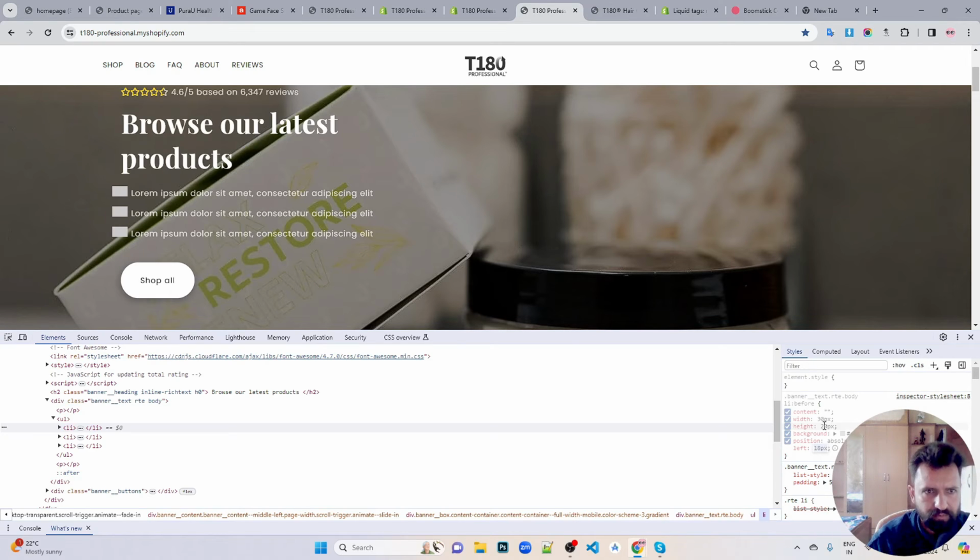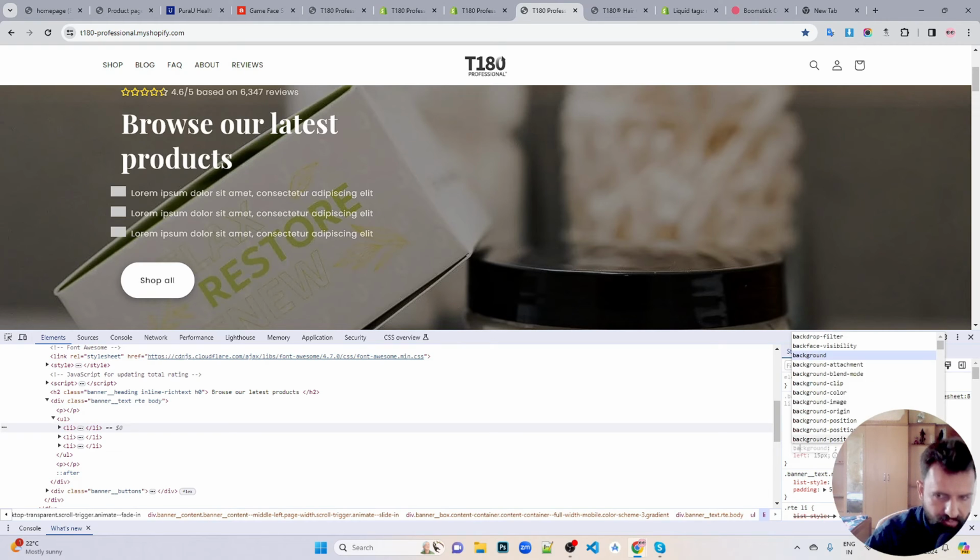I can give it more, but yeah, 20 is good. 15 pixels is good. Okay,